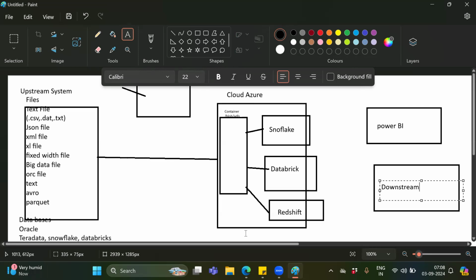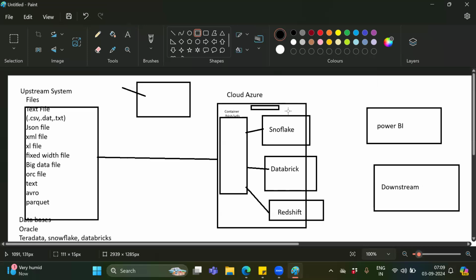On top of that, where will DBT be sitting? That is the question now. Under Azure, you can integrate DBT here itself, between your container and Snowflake, or it can be a separate entity here. If you run it, we have already seen how the data will be processed.